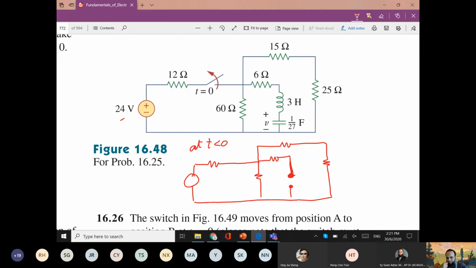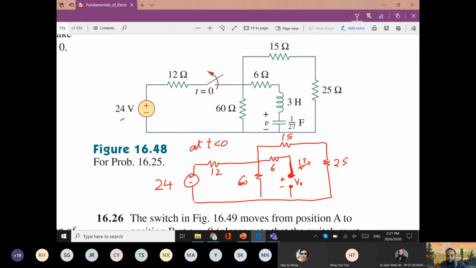And this is the circuit that we are looking at: 60, 12, 6, 15, 25, right? What we need to see is what this current and what this voltage are. All right. Looking back at circuit theory,